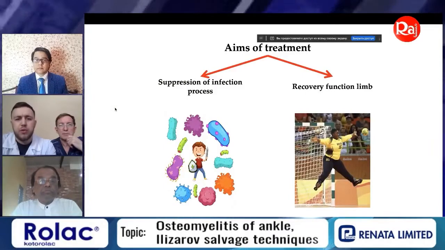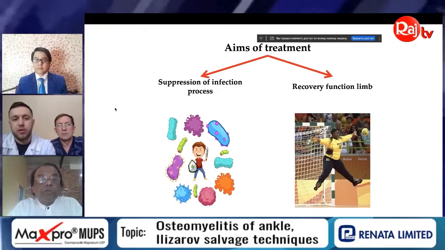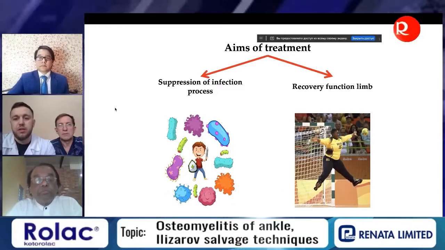So our aims for treatment of these patients, first, is suppression of infection, and second is